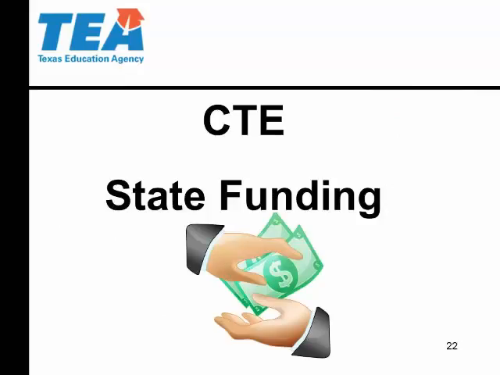Ooh, the fun part, CTE and state funding. So the Office of School Finance, where Robin Aldridge, she works with me in school financial accountability. The way the Office of School Finance is, we have state funding and then we have financial compliance. For the SAW and the first ratings that we handle, we're under financial compliance with the audit side, and then state funding is a different side, even though we do a lot of stuff together.